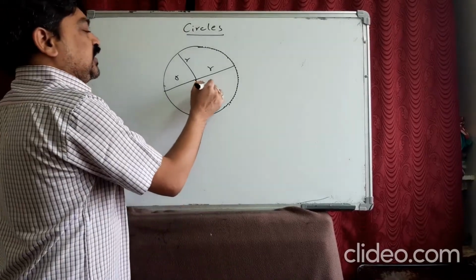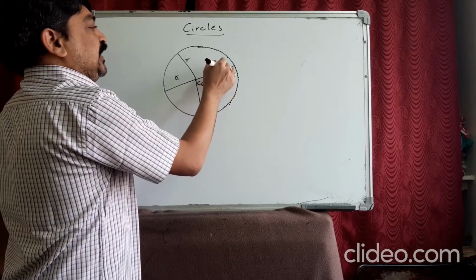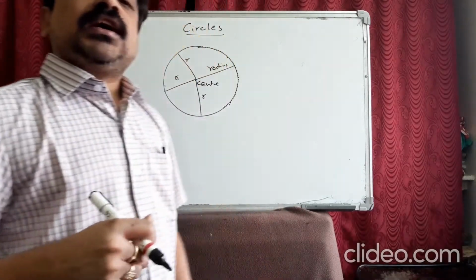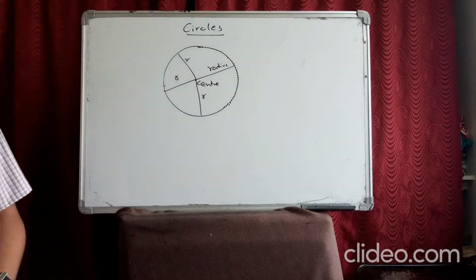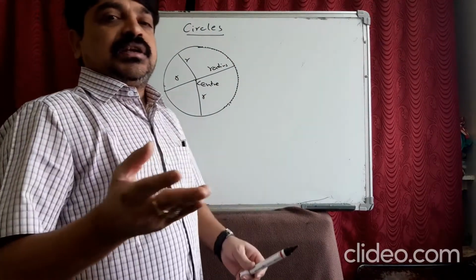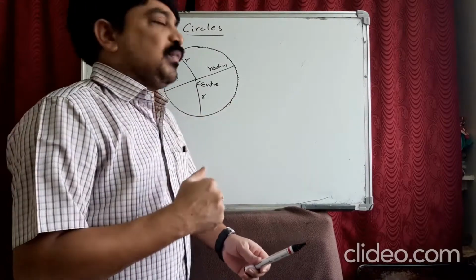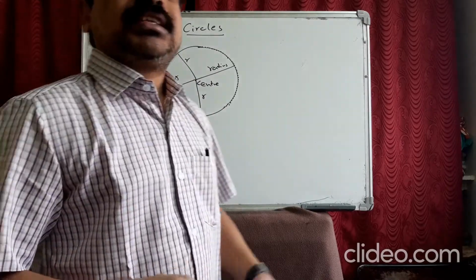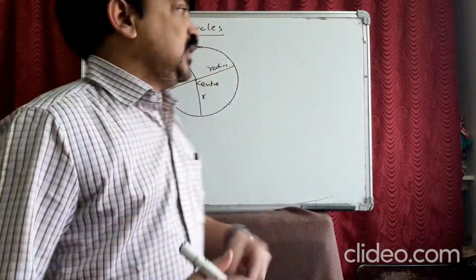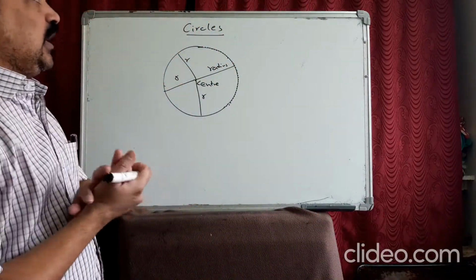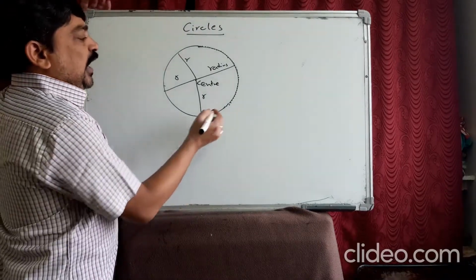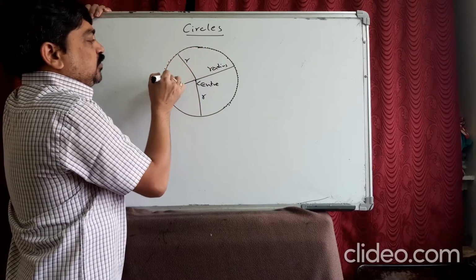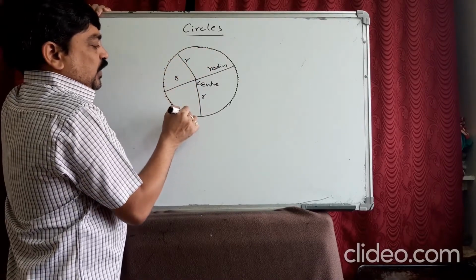This point is called the center of a circle, and this equal distance from the center to all the points of the circle is called the radius of a circle. So this you already know, you might have learned it in your 9th grade, but here you are going to learn about the tangent of a circle. What is a tangent actually? Before going to the tangent, I will tell you one thing. I told you this path is made up of different points, right?